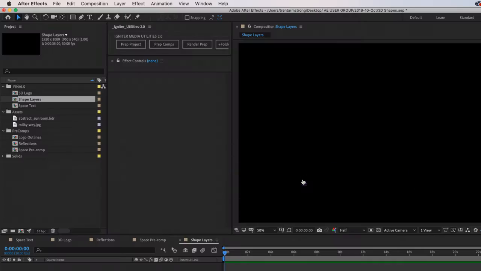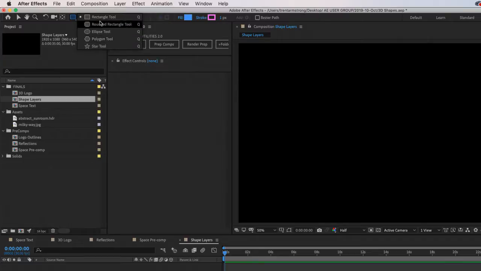So now let's talk about shape layers. Who uses shape layers? Okay, good. Shape layers are cool and powerful, even more than you might think. We're going to talk about some various things you can do with them. This is where you find them, under the shape tool up here.